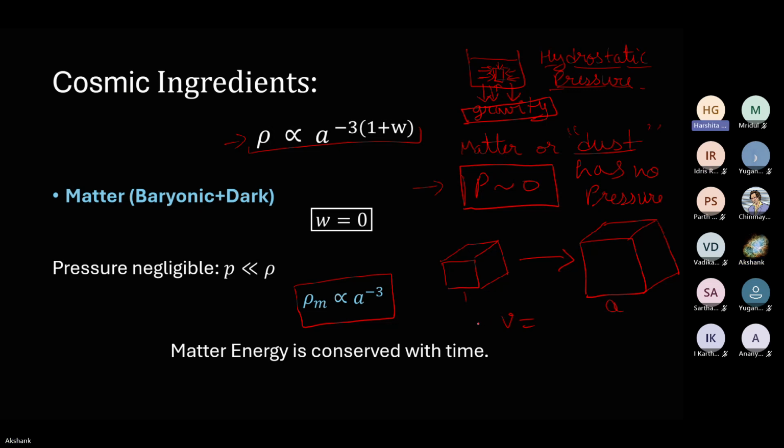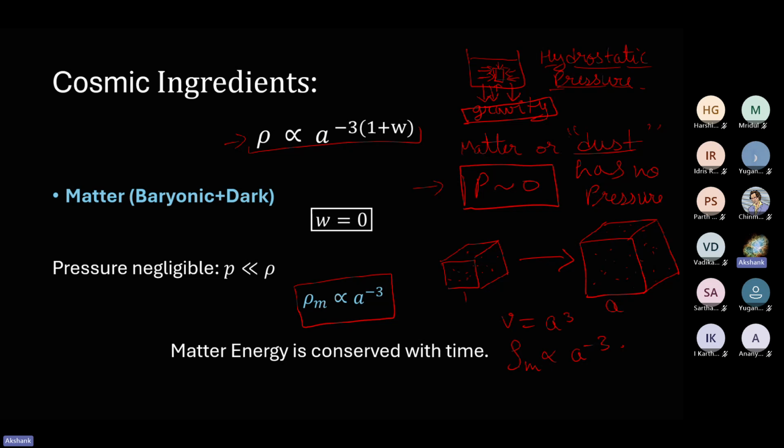A cube. Correct. Volume is A cubed, and so density would be inverse, right? So the amount of matter inside remained the same, but the volume increased. And it makes sense: the universe is expanding, the volume is increasing, and so the total matter energy density